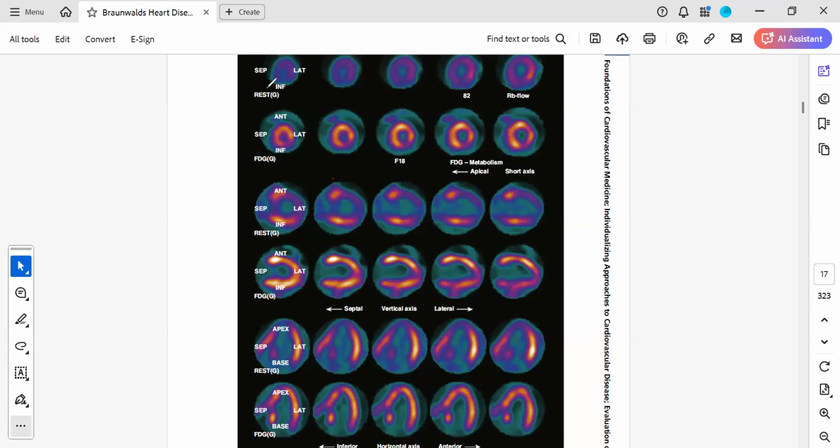So you are looking at the short axis view now. You can see that at rest, for that first panel, if you take one segment, one box, you can see the color it